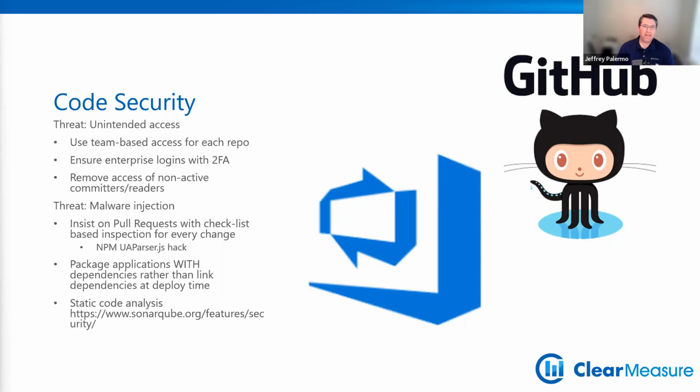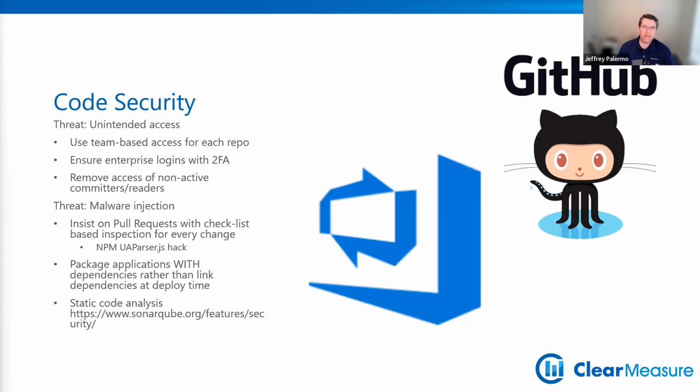One threat is unintended access or theft of the actual source code. And the other threat is malware injection, where literally code gets into your software that you didn't want to get into your software. And so on unintended access, usernames and passwords, that's going to be the most risky. You can add two-factor authentication, that's your solution for the independent access. But for, let's say, your GitHub account or wherever you host your source code, you're going to have an